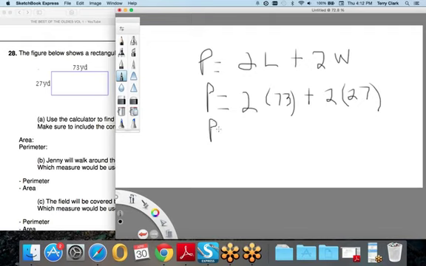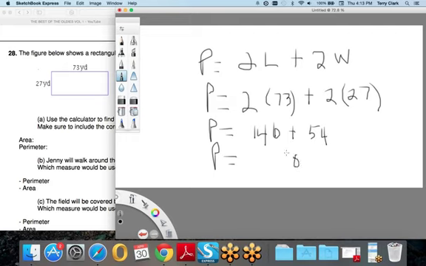Okay, so that's going to be P equals 146, and 2 times 27 is going to be 54. I was going to throw it in the calculator, but I'm kind of gun shy now. And that's going to be P equals